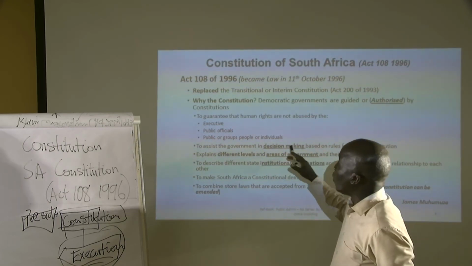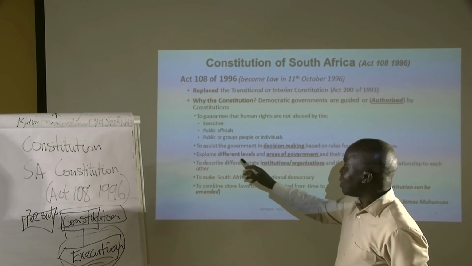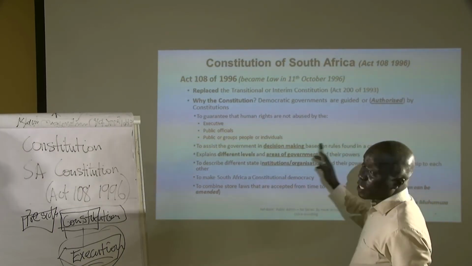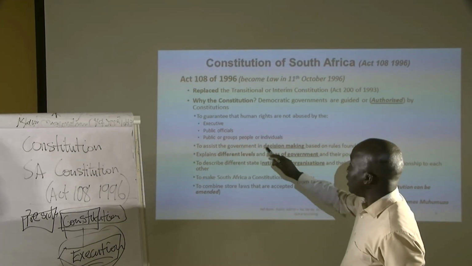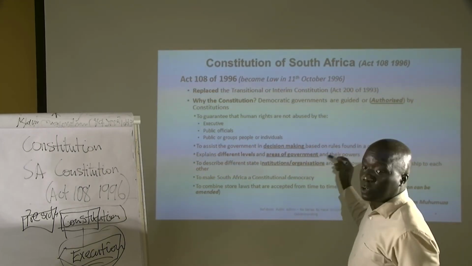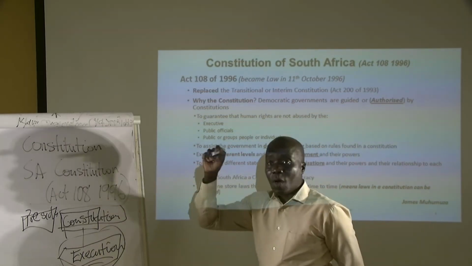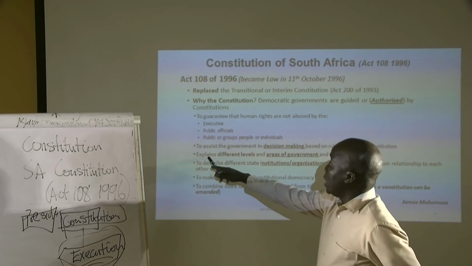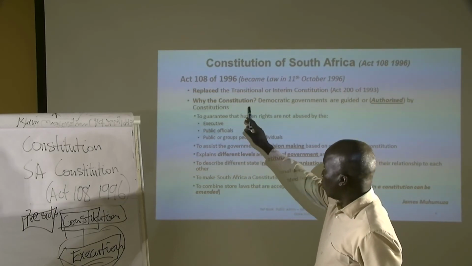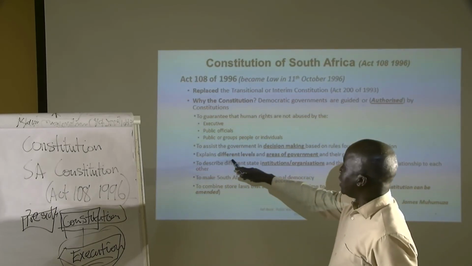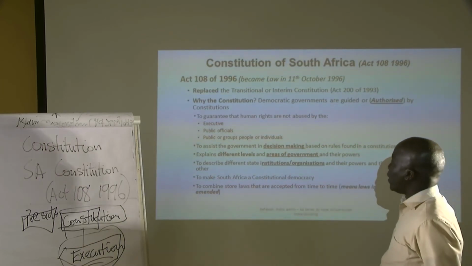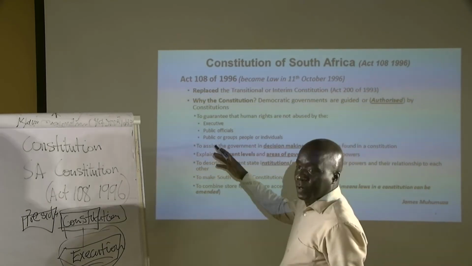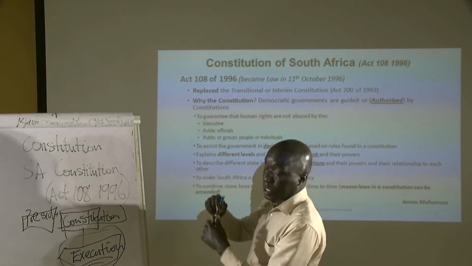So, in level 5, which they told us was probably allowed, there was no accommodation. So those things get challenged. Whoever takes you to court will be challenging you on the basis of the Constitution, saying you have done something wrong according to the Constitution of the country of South Africa. It explains the necessity also for the Constitution, another point: it explains different levels of areas of government and their powers.